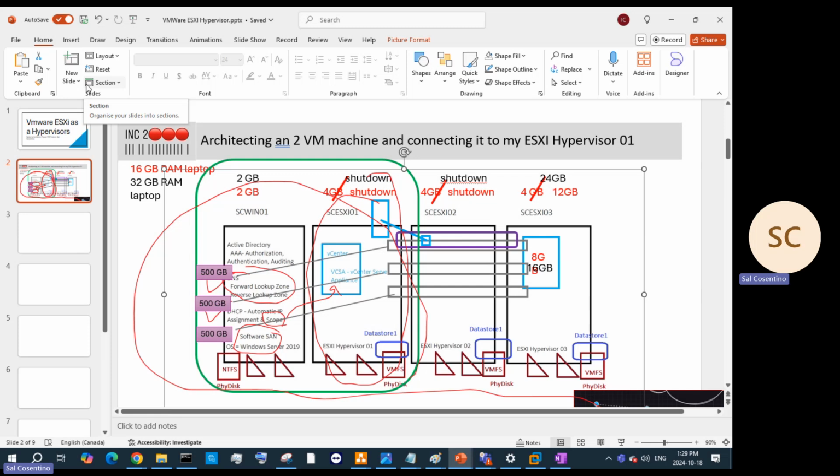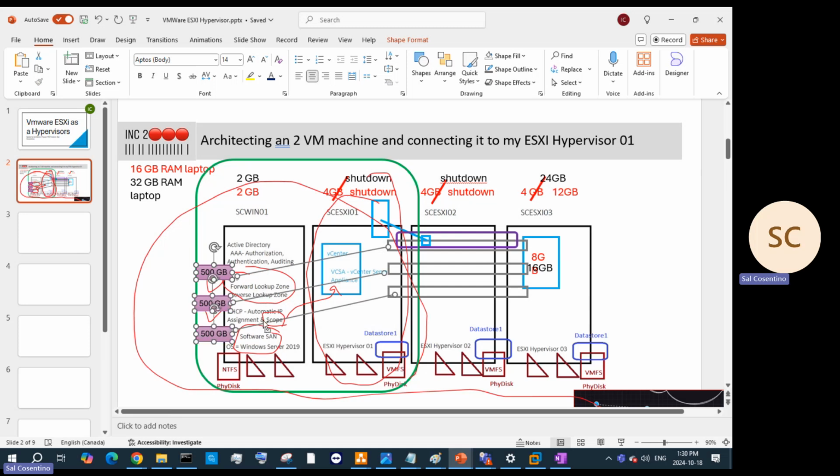When we talk about hypervisors, our VMware hypervisor product name is ESXi. Our Microsoft product name is Hyper-V. So those are the two hypervisors that we're kind of showing you. And we are going to architect a 2 VM machine. So I want you guys to be prepared for that, especially when we're designing those aspects. So I'm going to go ahead and save this drawing here so I don't lose this part, because I'm going to need this part. I'm going to cut out of that,